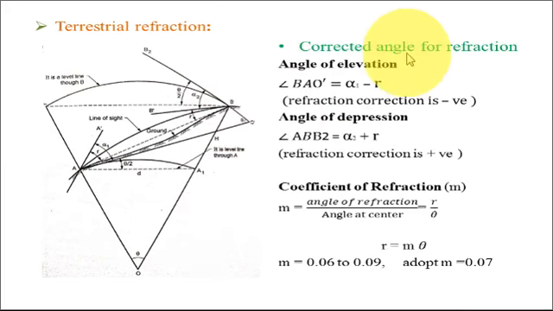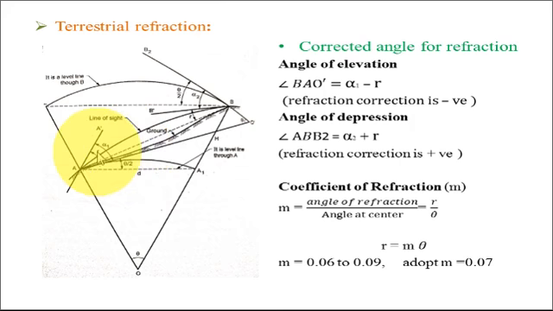Now correction for the angle of elevation. Alpha 1 is the angle of elevation, which is an observed angle. This observed angle is between AH and AA dash. Now AH is a tangent to the curve of the earth, and AA dash is a tangent to the line of sight. So the observed angle is alpha 1, but the true angle is BAA1. These two dotted lines indicate the true angle.